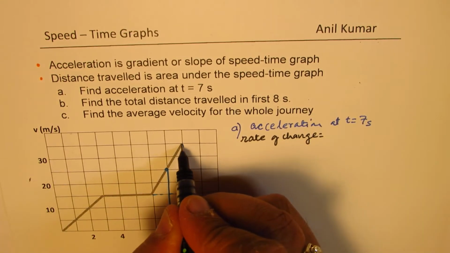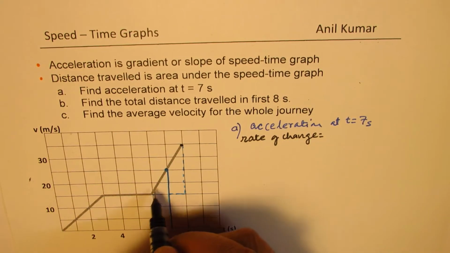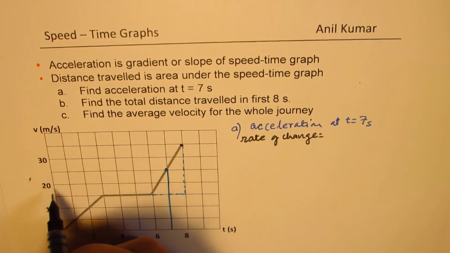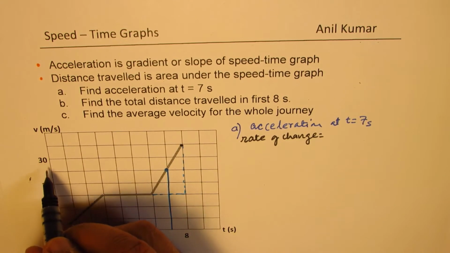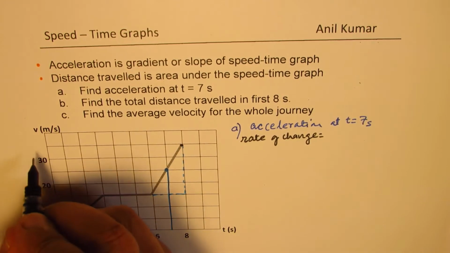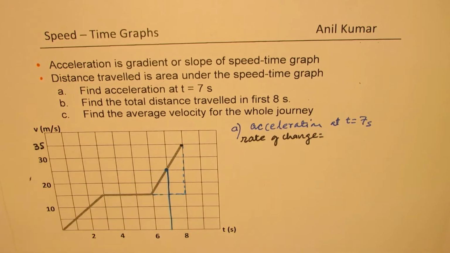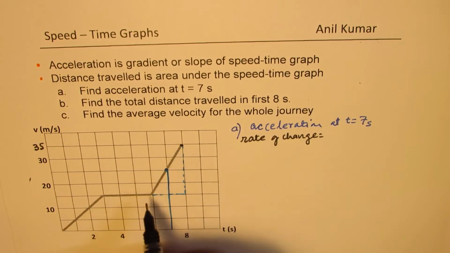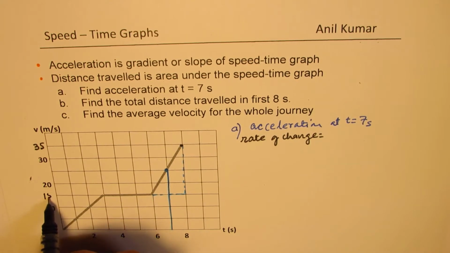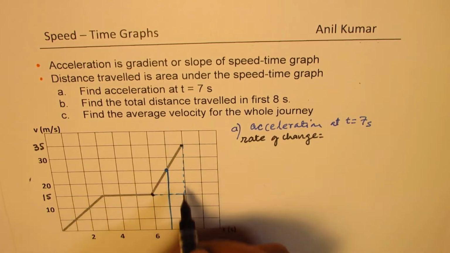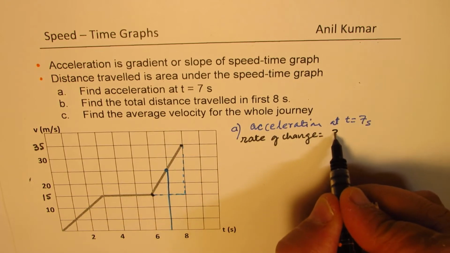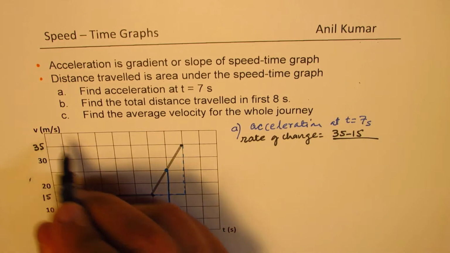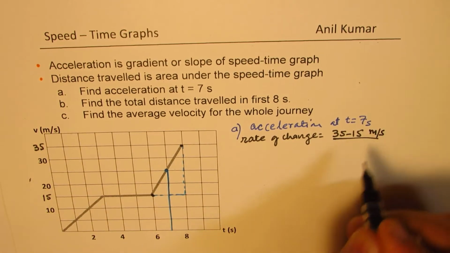So we could do this difference of v values. On this scale, we can use the points. This is 20, 30. So each is going by 5 units. So this is 35, correct? And this is 15. So using these points, we get 35 minus 15, in meters per second, over the